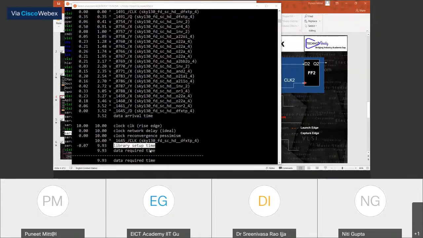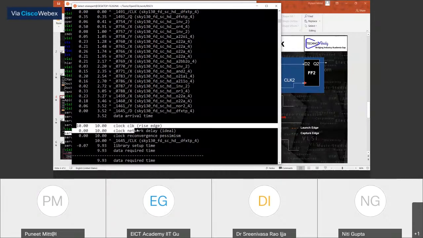Let me tell you another difference which can help you understand. Can you see here? This is the clock, so the clock time period was 10 nanoseconds. In a setup, remember we discussed, the setup edge is going to be after one clock cycle, and this is basically the one clock cycle.